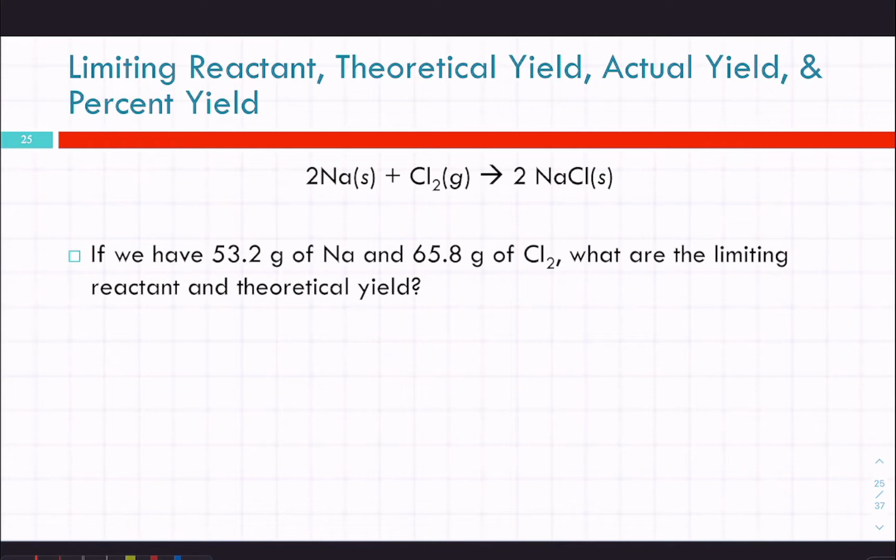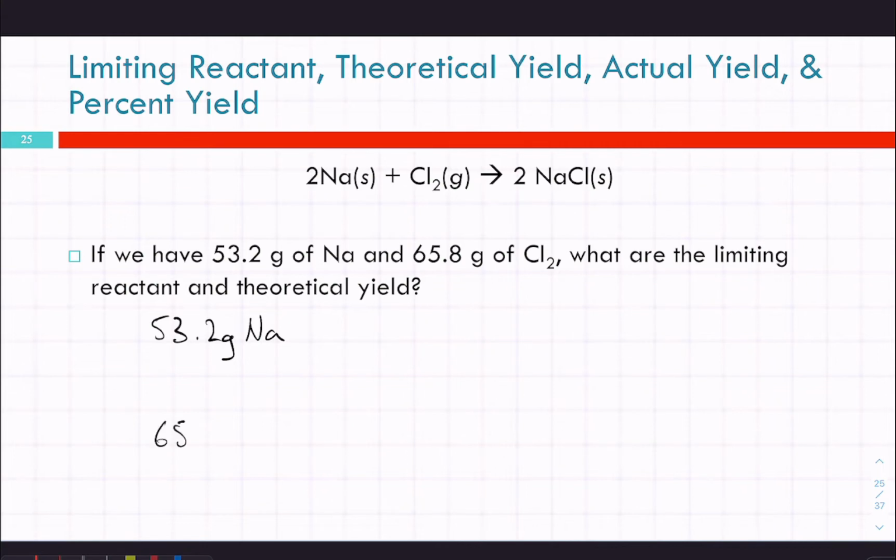So if we have this reaction of sodium reacting with chlorine to make sodium chloride, the way you do any limiting reactant problem is the same. You have to do the stoichiometry for each of them, and then compare the products. And you actually don't need to go all the way to grams. You can go to moles, and that's as far as you really need to go. So if we start with writing both of these out, 53.2 grams of sodium